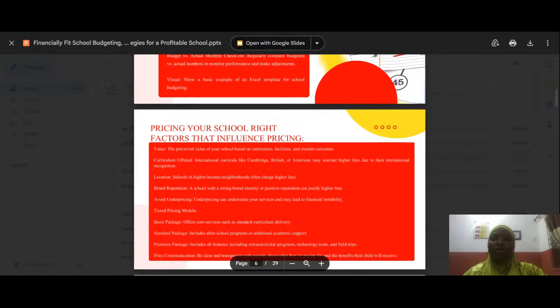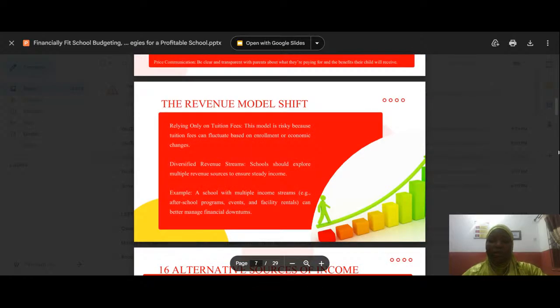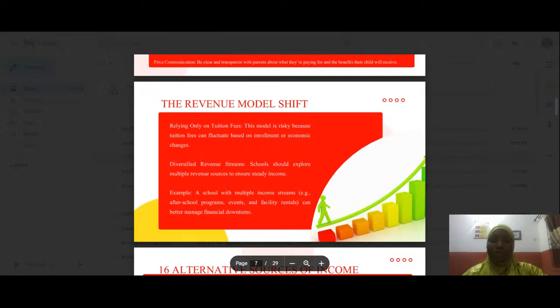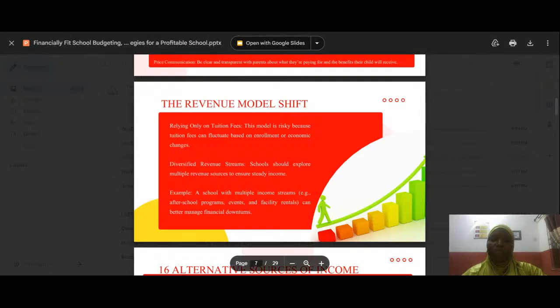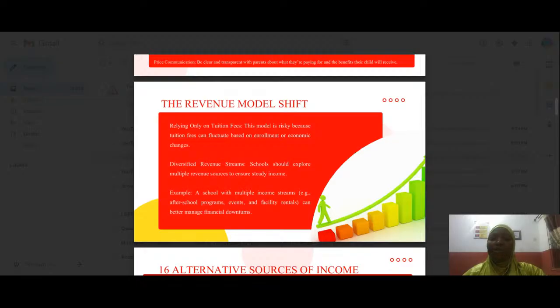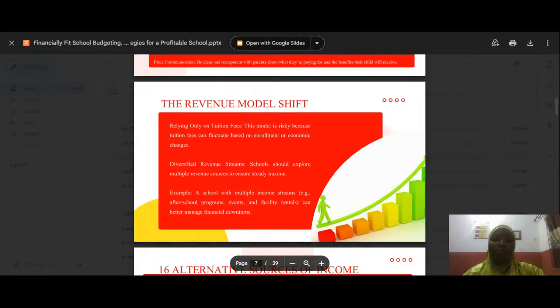All right, so let me quickly go to revenue models. Why we want to talk about this revenue model is, we don't want schools that rely on tuition fees alone. It may be risky because one, economic inflation is there, things are changing, prices are changing, and if you are relying on tuition fee alone, how about if there is inflation or something,